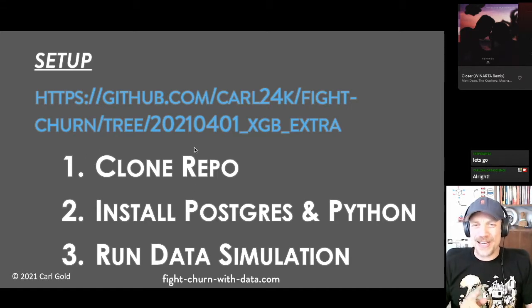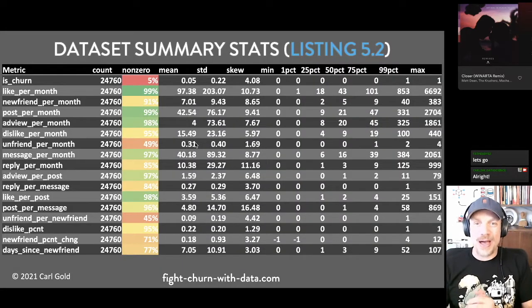Although I mentioned earlier, today we're going to be looking at code in chapter 9 of the book. So we're nearly at the end of the entire book. There's only 10 chapters. So to have the data that you need to do this, you kind of need to go through the first several chapters. I should think about maybe making a downloadable version that has the earlier chapters in case you don't want to follow through. But for now, you'll have to run the data simulation and get up to chapter 9 where we will move ahead. So if you've done all that, then you have a data set.